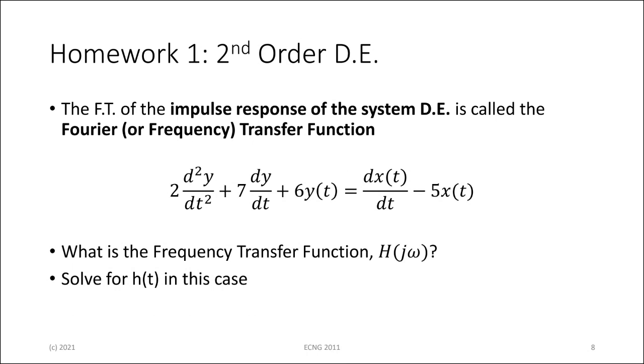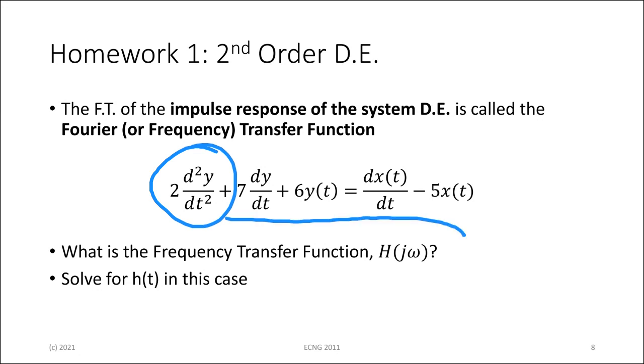Right. So if I ask you what is the frequency, the Fourier or the frequency transfer function, H(jω) of this, it means that x(t) is δ(t), the impulse response, right? We went through that already with the Laplace. So again, this one is easy by inspection, and this is where it's important to keep the jω's